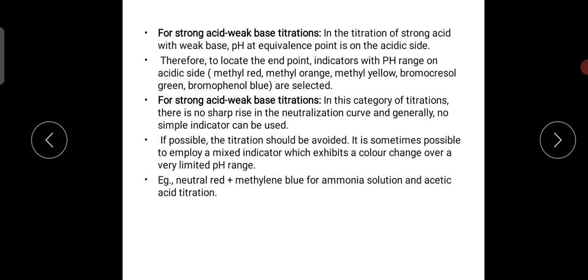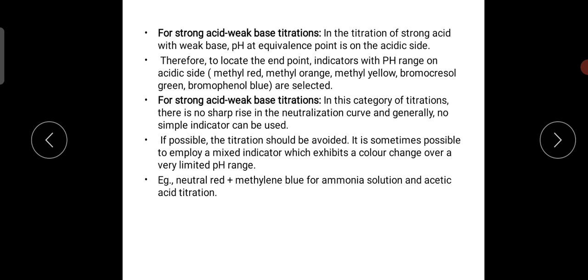We select these. Then for weak acid and weak base titrations, there is no sharp rise in these types of curves. So we should not use simple indicators like phenolphthalein, methyl orange, etc. In such cases, we prefer mixed indicators. For example, we mix neutral red and methylene blue for the titration of ammonia and acetic acid. Such indicators we call mixed indicators. It will give us an endpoint within a limited